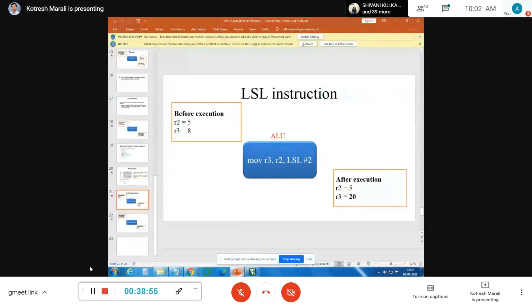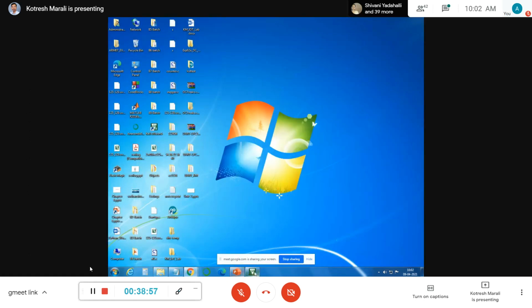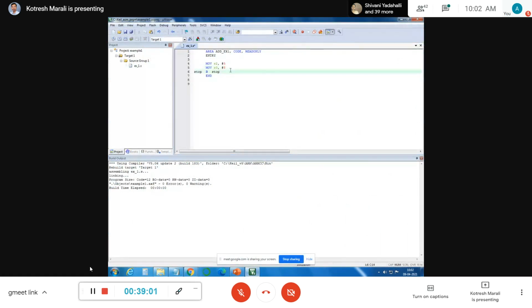Okay, R2 5, R3 8. So I need to perform the move operation here. Move operation, destination register is R3, R2 operation with LSL with immediate value 2, which means 2 times I need to shift the data.